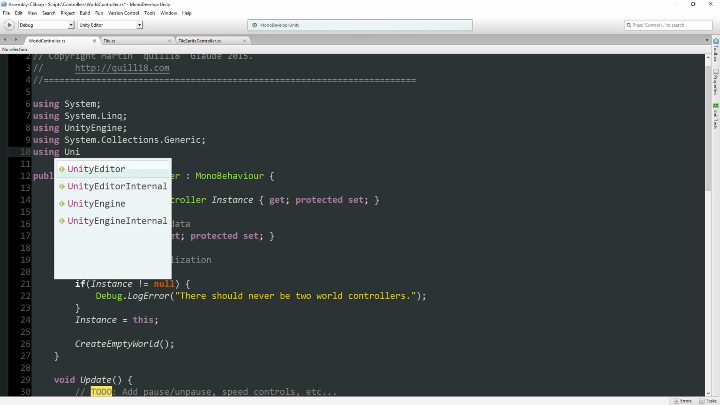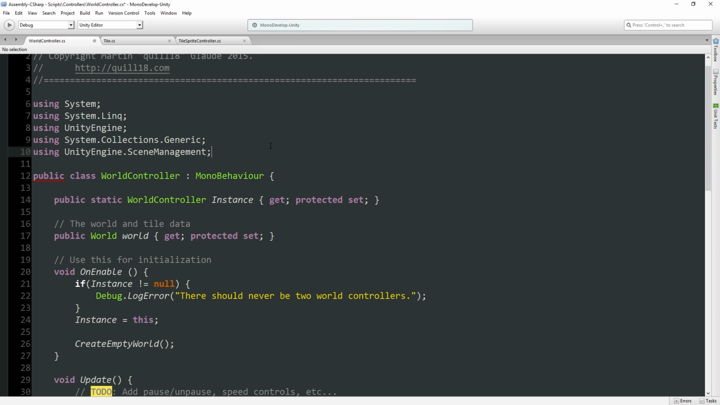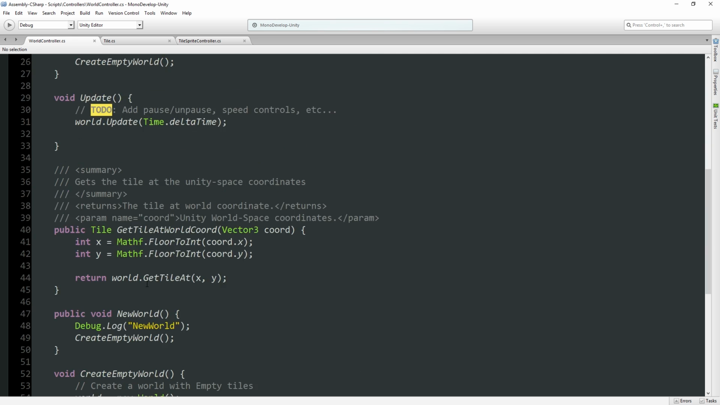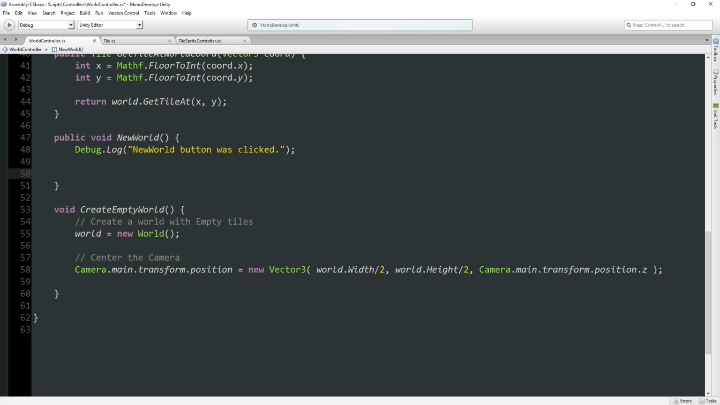So what we need, if we want to be able to change scenes as of Unity 5, I think this is changed in 5, is to make sure to say that we're using the scene management library. And when we hit this new world, this is when we create the new world again. Or this is what happens when the new world button was clicked. Rather than create an empty world at this point, let's just reload the scene. So we go scene management dot,